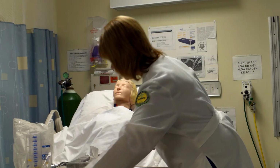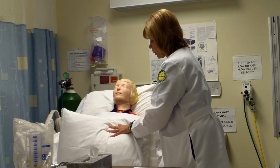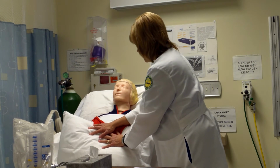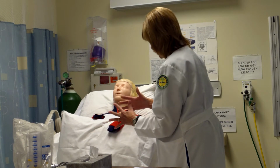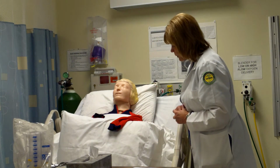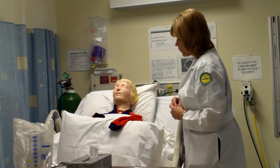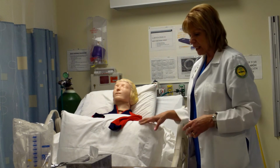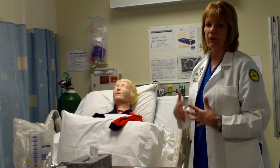So I'm going to give you this pillow, okay, and you're going to hold it nice and tight across your abdomen. Okay. And when you take a deep breath and cough, you're going to hold this really tight so that your incision doesn't bulge. Okay, now help keep the pain down. Okay, do you understand that? Do you have any questions? Okay, so we're going to keep this here while we're doing your therapy if we decide you need some. Okay? All right. So once I teach the splinting and I position the patient, then we can do the physical